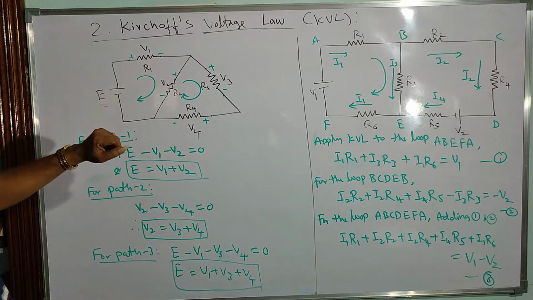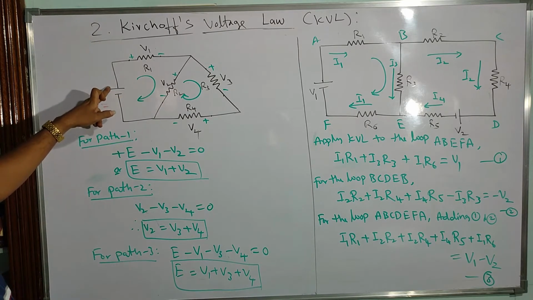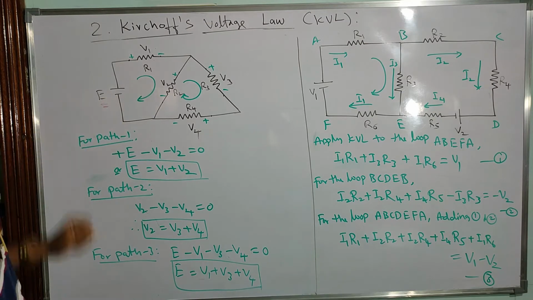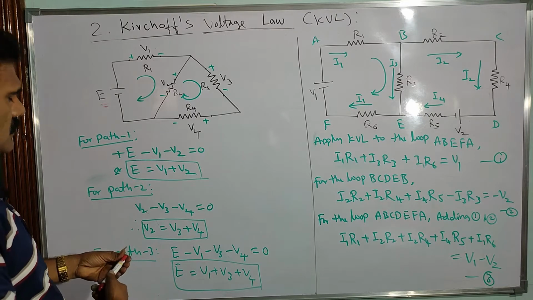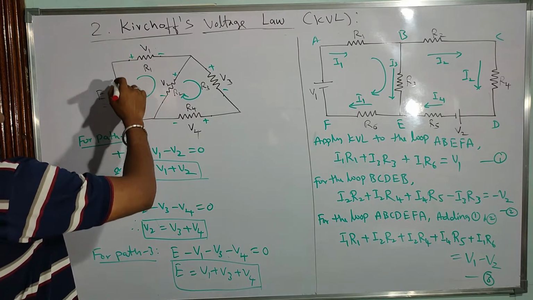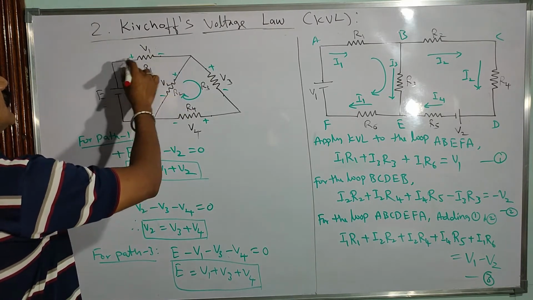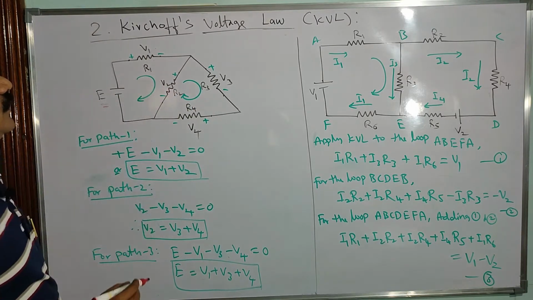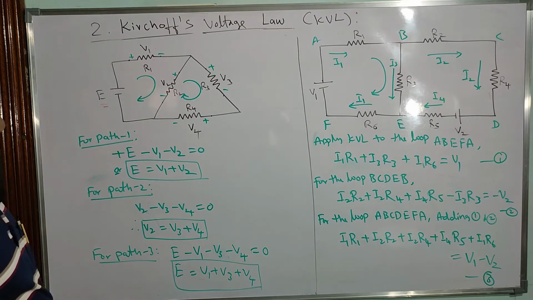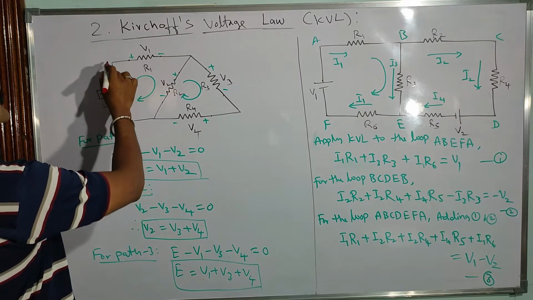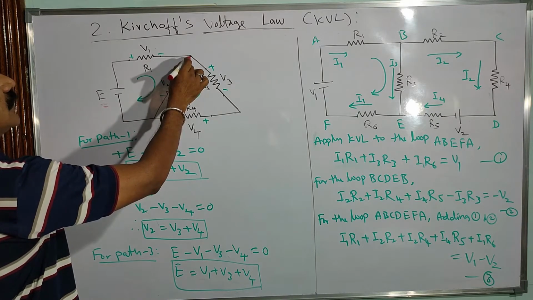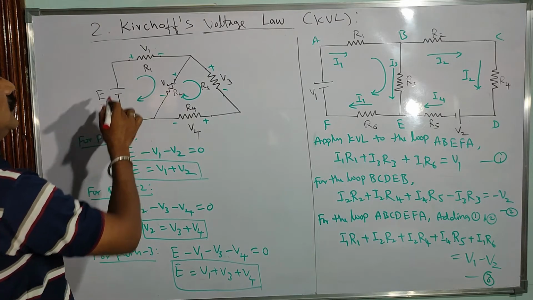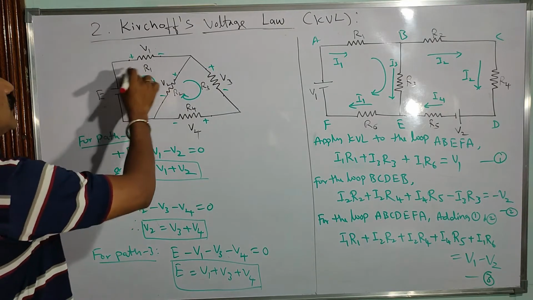Then which is the positive or negative terminal here? According to the source, this is the positive terminal and this is the negative terminal of the battery. Correct? Now you consider a loop. That is your convention, positive to negative direction. So one closed path is there here, we can show it like this. For this closed path, the current flows through which resistors? The current passes through the resistor R1. From this junction the current again divides. The current passes through R2 and then completes at the negative terminal of the battery. So that is one complete loop.